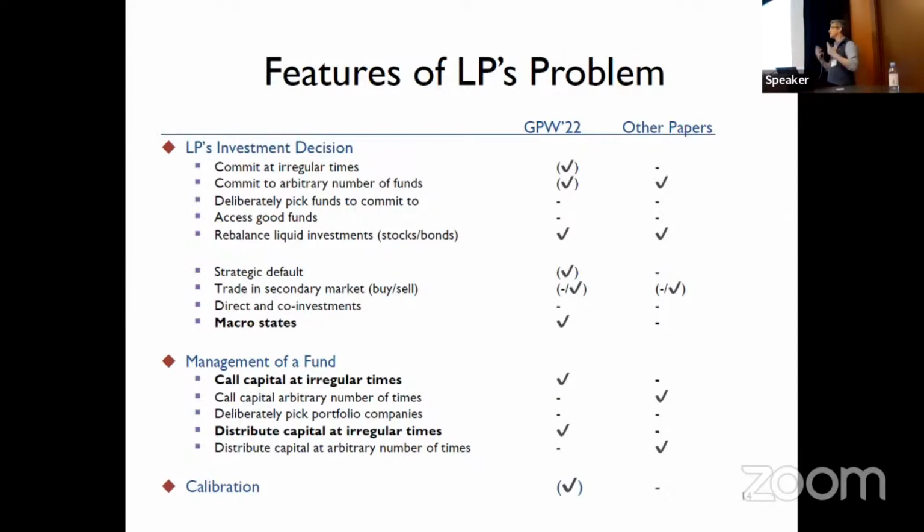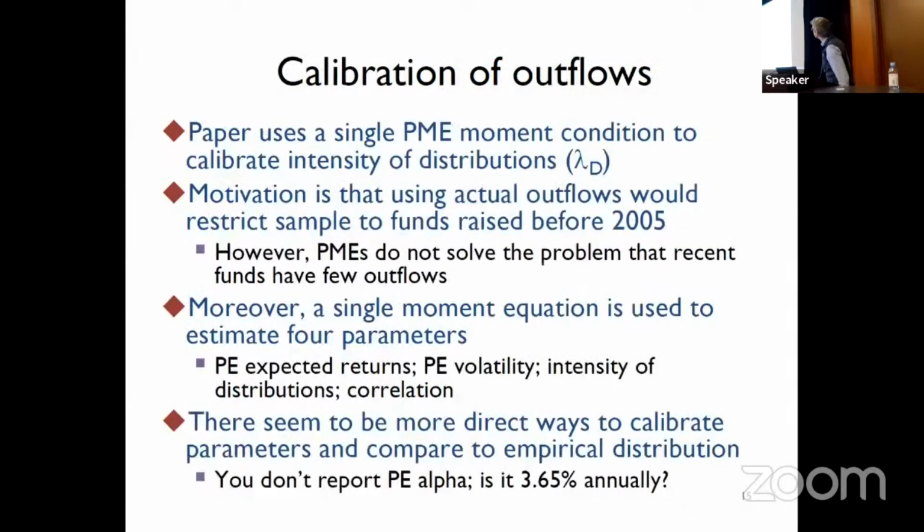I think in some sense that's perfectly understandable because we have no idea how to analyze this, but it still suggests that there are first order effects of this problem here that we just don't have in the analysis and we don't know how to handle. And we can keep going down through the different economic features here, and many of those are captured in this analysis, but some of them are not. Now, I want to highlight this because they spent some time on this fact that this is a realistic calibration of the model. And I think this is perhaps the part of this paper that I'm least happy about.